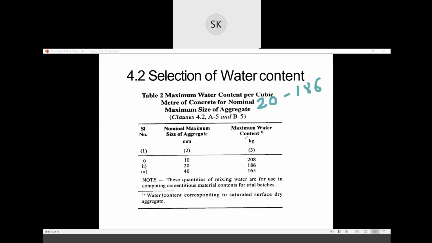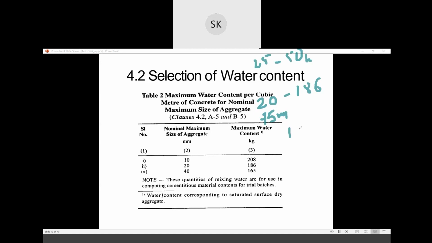Now I have been told that the slump of the final concrete should be 75 mm. But this 186 value is for 25 to 50 mm. Suppose I am taking this 186 for 50 mm. So how much increase in the value of slump? 75 mm. So what do I have to do?